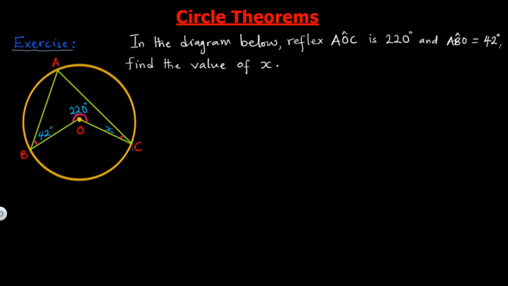ABOC is a quadrilateral. ABOC. You see that line? AB, BO, OC, back to CA is a quadrilateral. So we know that the sum of angles in a quadrilateral is equal to 360 degrees. Now that we know that, you agree with me that for us to solve this problem, we